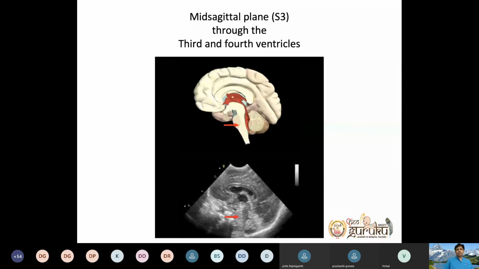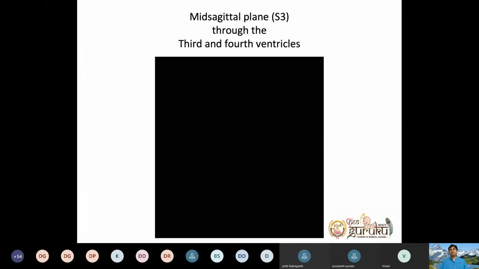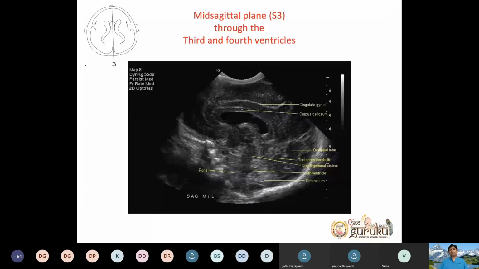So these are the structures. Above the corpus callosum, you see cingulate gyrus, then corpus callosum, then you have cavum septum pellucidum, then you have your third ventricle, then posteriorly you have your occipital lobe. I've told you the colliculus will be sitting on the midbrain's roof, your tectum of the brain. Then you have your fourth ventricle in front of the cerebellum and in between pons and cerebellum.